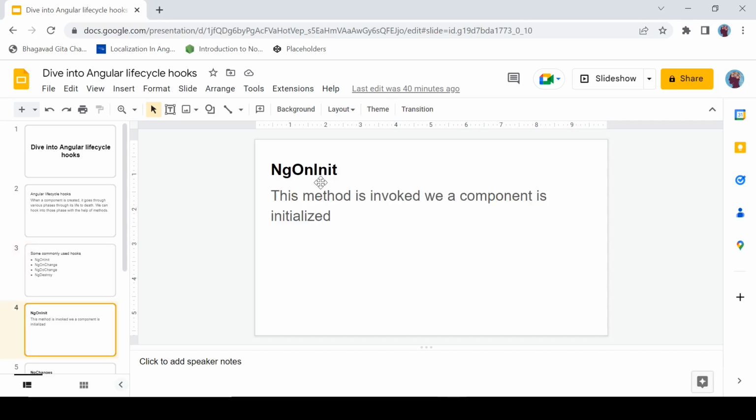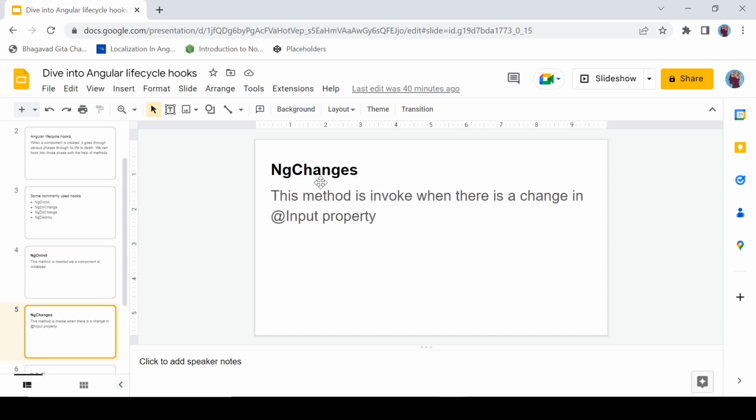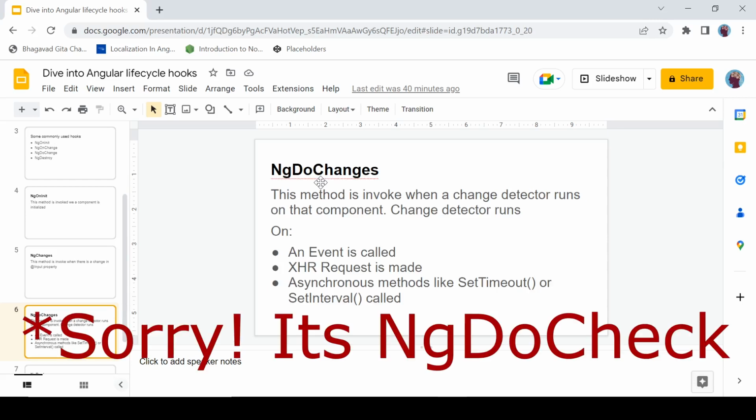So first of all, what is ngOnInit? It is a method that is invoked when a component is initialized, and ngOnChanges is invoked when there is a change in the input property of that component. And ngDoCheck method is invoked when a change detector runs on that component,